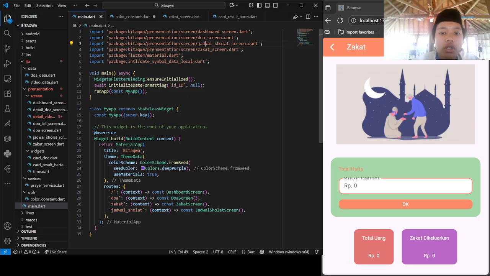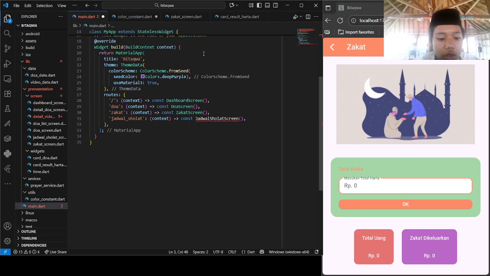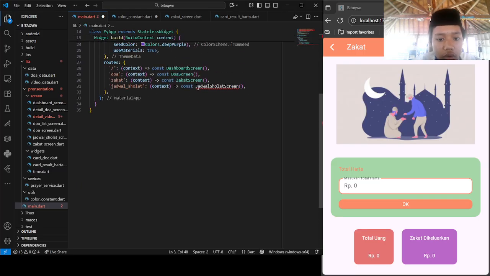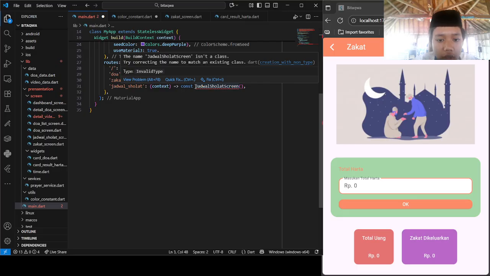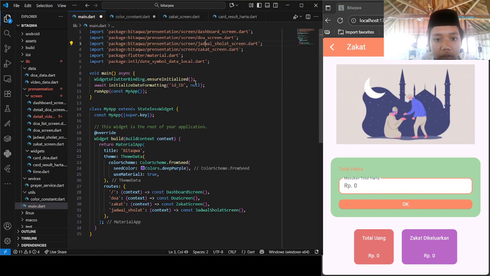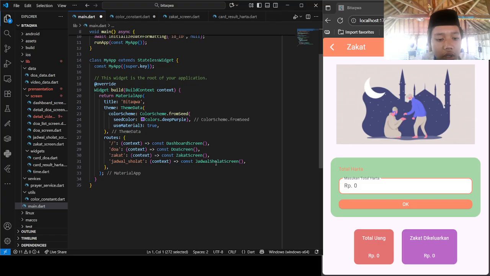If we are not using this, for example, it will be an error. If we are not using it, it cannot use this command. And then doa is the daftar for the page of doa, and daftar for the zakat screen.